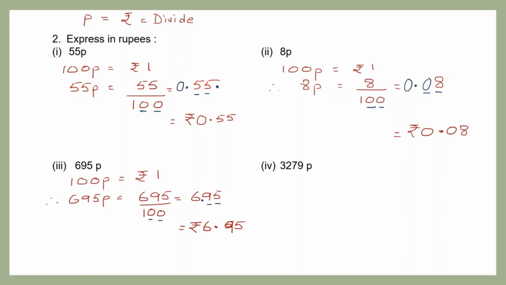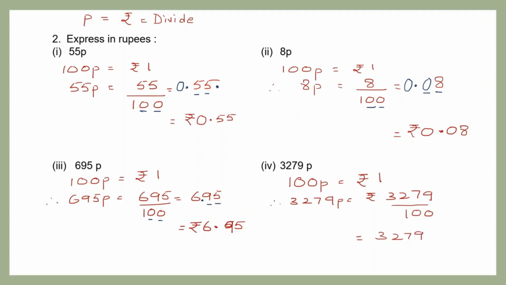Question 4, 3279 paise converted to rupees. So let's start. 100 paise make 1 rupee. Therefore, 3279 paise will be 3279 divided by 100. So let's write it as a whole number,